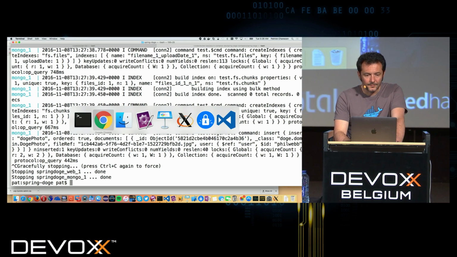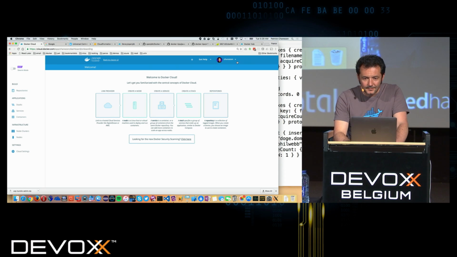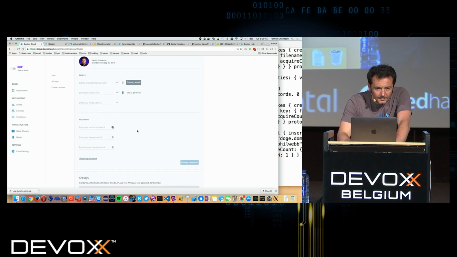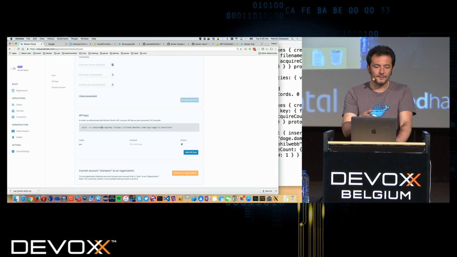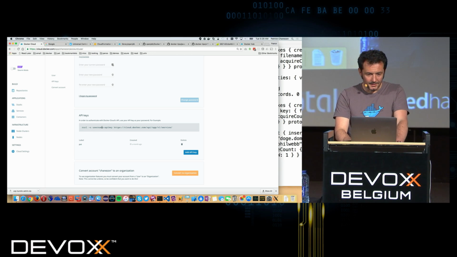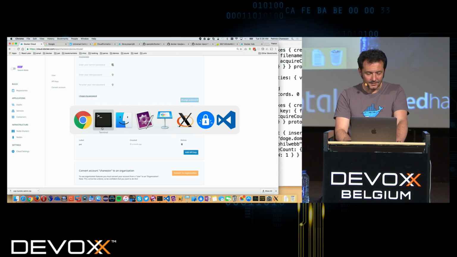So if I go to account settings, in there I can create an API key. So I have created an API key. And I copied it.